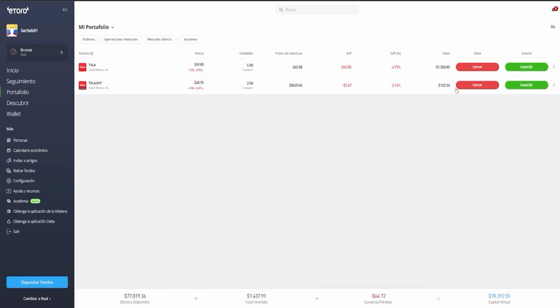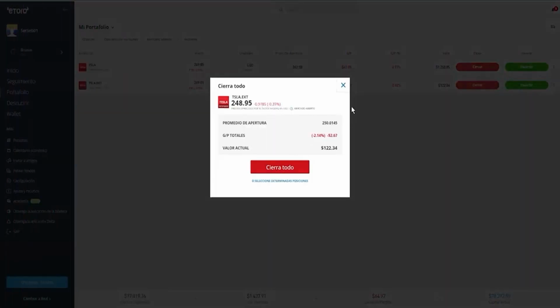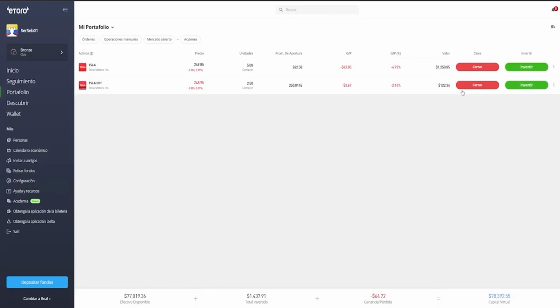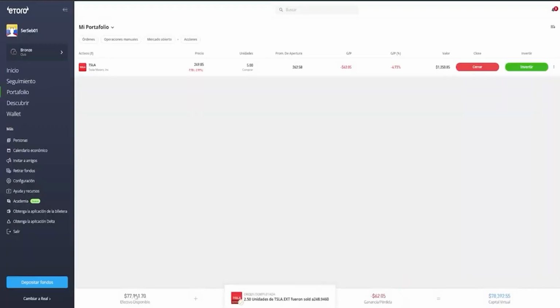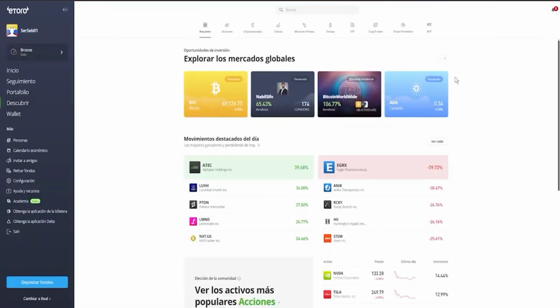In fact, let's close this last one. From these $122 that show up here, let's close it and see how, from $77,019, we're going to close now at this moment, $77,141.70. Here, in this case, as soon as we have this sold, now we can go to the withdrawal button and take our money out of eToro directly if that's what we want, or if not, we can go back to Discover and find other investment options, and this is how we could sell or close our positions in